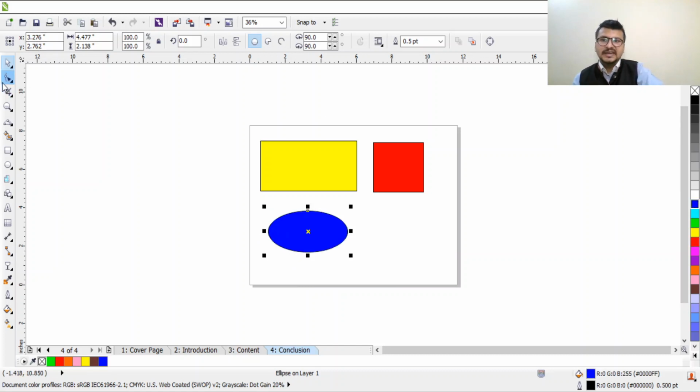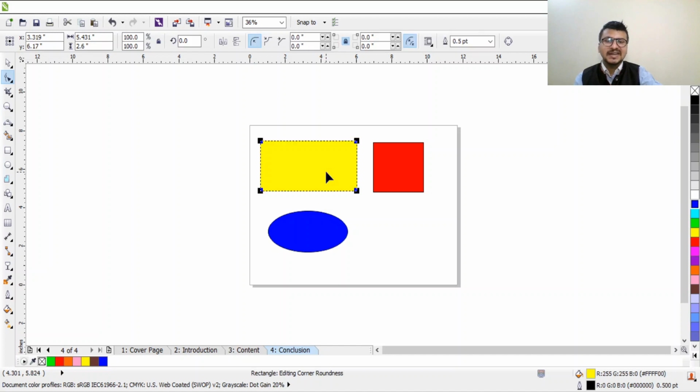Coming to the second tool, the shape tool. The shortcut is F10. This is basically used to edit a curved object or text by manipulating the nodes. When we click on this second tool, the selected shape automatically gets the nodes.